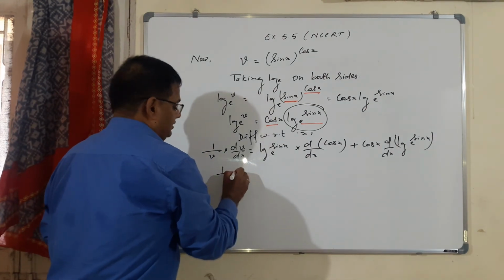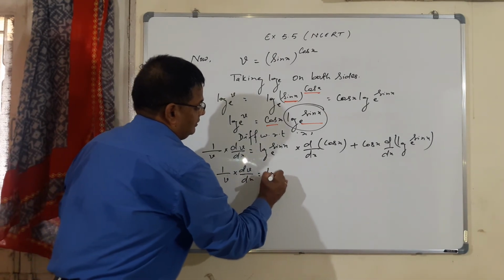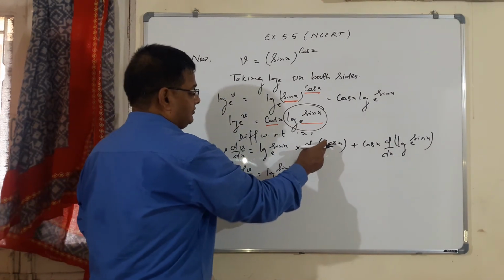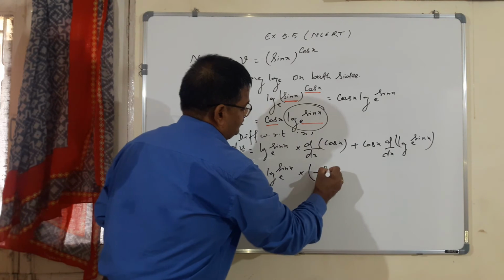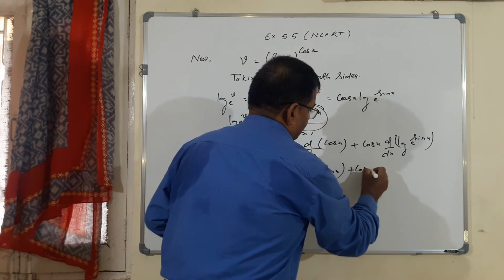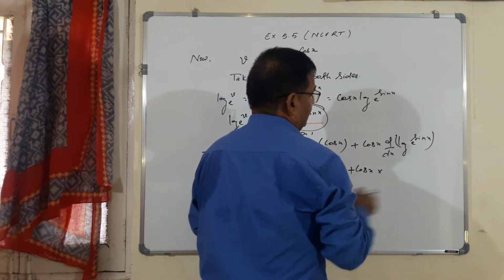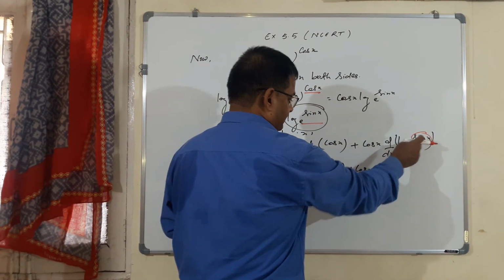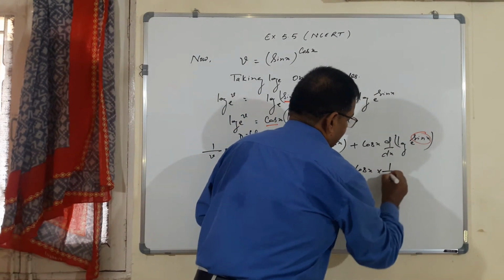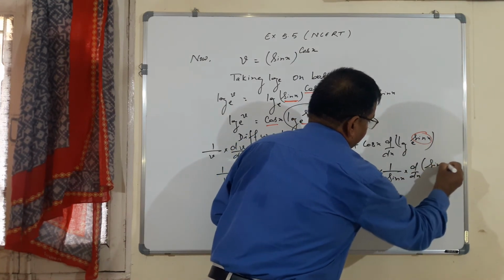So 1 by v dv by dx is equal to log sin x to the base e into differentiation of cos x, which is minus sin x, plus cos x into, suppose sin x is z, log z, differentiation of log z is 1 by z,